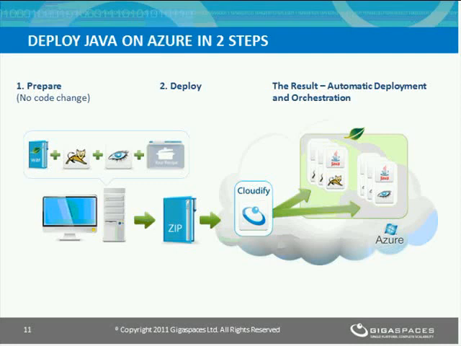Now that we've gone through that step, we're ready to deploy our application, and that's basically the next step. So all we need to do is just click on a single command, which is install, and once we've gone through the install steps, Cloudify will package the application with all the binaries and the recipe included, ship it into the Azure cloud. The Cloudify manager will unzip that file, read the instructions from that recipe, and